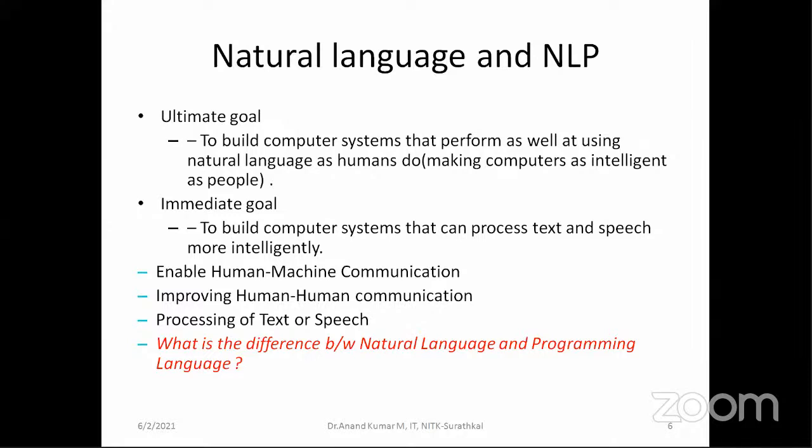Syntax is there in both. In a programming language, if you type int, the next word should be a variable, like int a. We call that syntax. Natural language also has syntax. If you say beautiful, the next word will definitely be a noun. You cannot say beautiful played. After beautiful, the next word won't be a verb. If any adjective is there, the next word will be a noun. Any article, or what we used to call determiners,